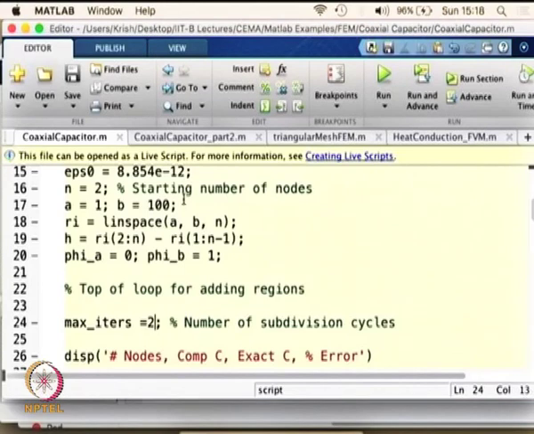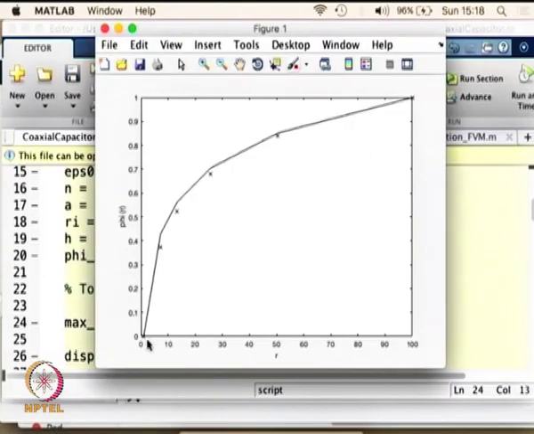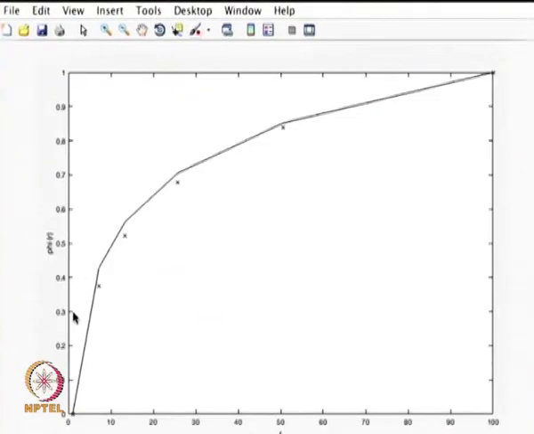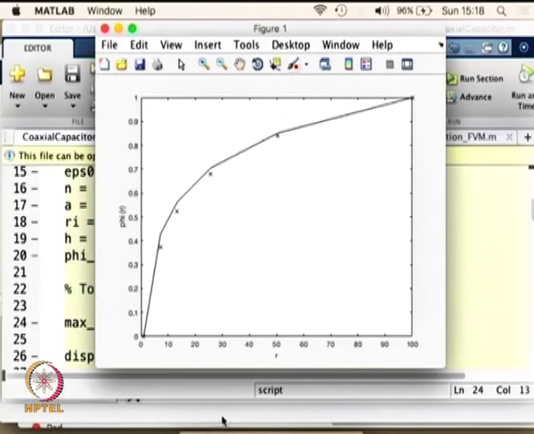And now we are going to increase the number of iterations by, let us say, 5. So we will have more points in the simulation, and that is exactly what we see here. Still the exact value and the computed value have some error. The difference between the tip of this line and the cross mark that we have is the error in the potential computation, and the error in the computation of capacitance is what we are seeing